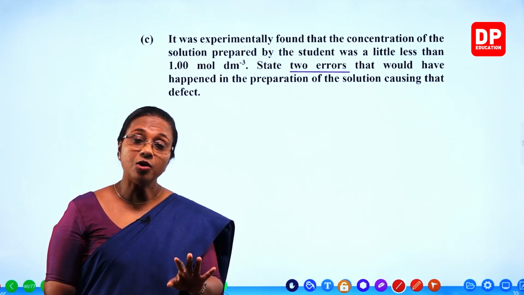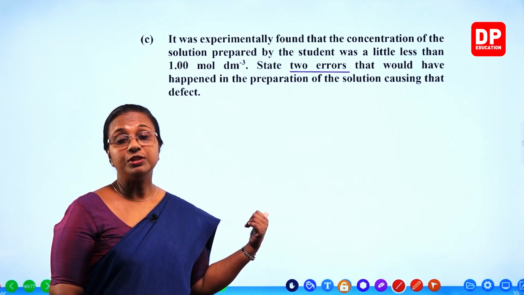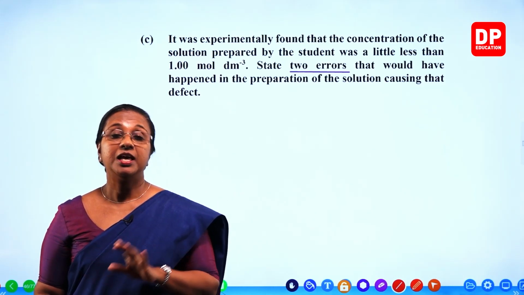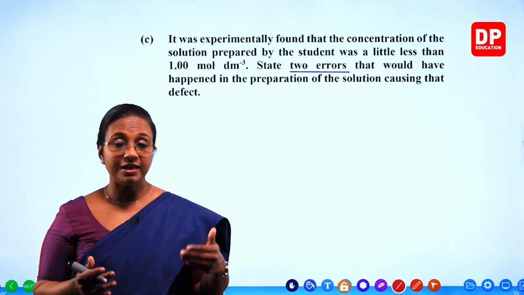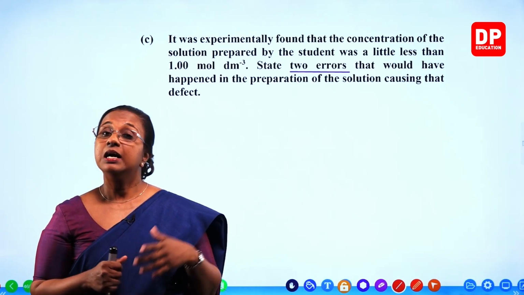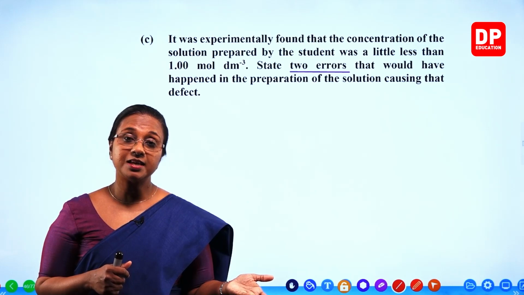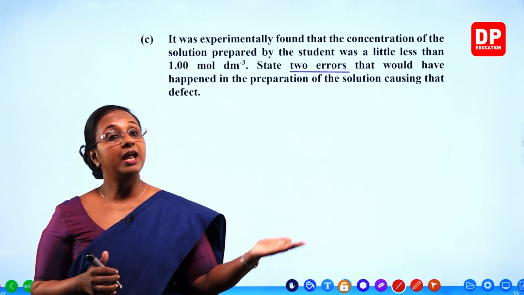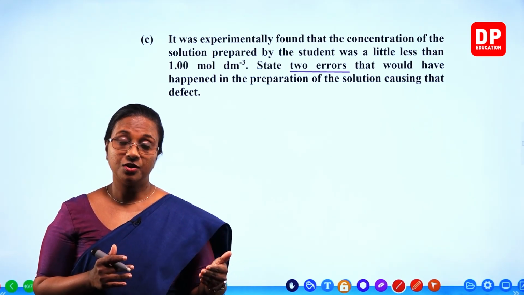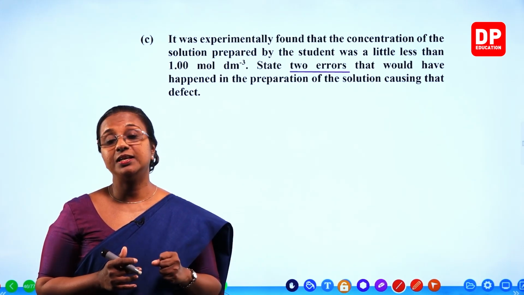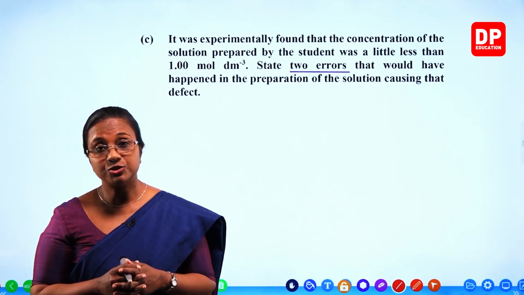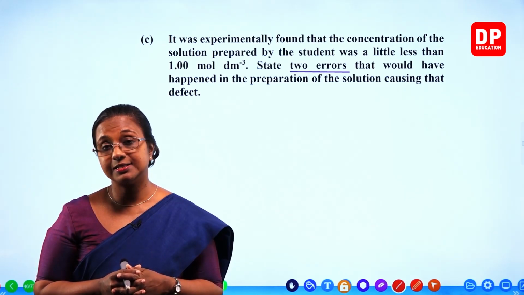Otherwise, when weighing also, now we found the value, the mass as 20 grams. When you weigh, you have to weigh it accurately. If the weighing is incorrect, then also the concentration can be wrong. Another reason: you weigh the substance carefully, 20 grams exactly, and you transfer all the solute. But if the solute has impurities, although it is 20 grams, all 20 grams will not be sodium hydroxide. Then also the solution can have a lower concentration.